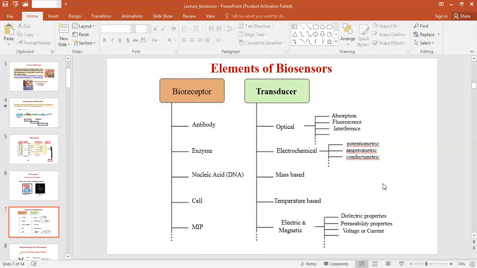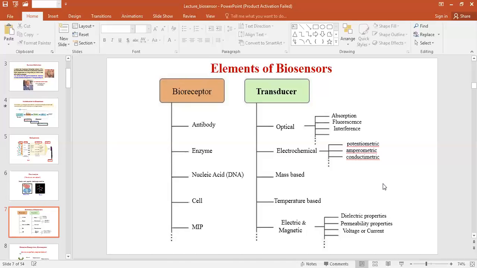Whereas it may be a cell, it may be nucleic acid. And the transducer part, there are different units. If we are developing an optical biosensor, the transducer should be optical. Means there we have to use techniques like absorption, fluorescence, interference, like that. So depending on the nature of transduction, the components of the transducer should be optical,